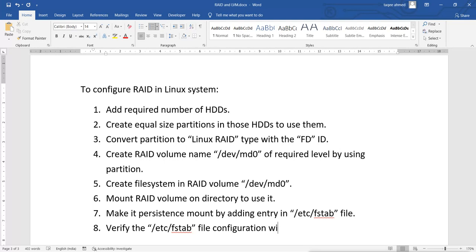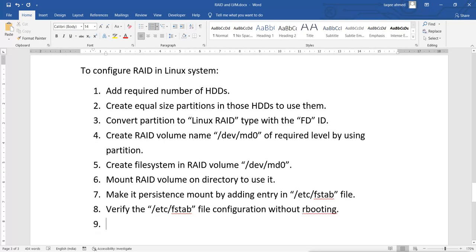Remember, do it without restart. And this is the process. So this is the process which we will follow to configure and use the RAID volume.